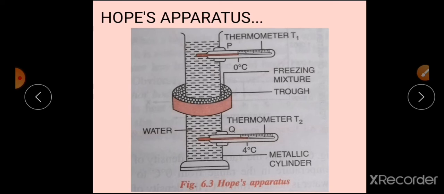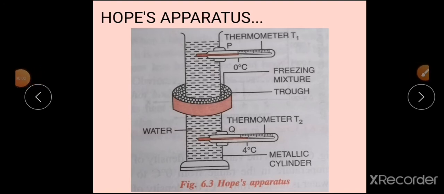Now what you are going to do as your procedure is that nothing you are going to do, you will take regular time interval and you will be noting down the temperature reading in the thermometer T1 and T2 separately. Okay, this you will be doing it for a long time. Make sure you take the readings in equal intervals of time. If you are going to note down the temperature in every 5 minutes, continuously you take the reading for 5 minutes, or if it is going to be for 10 minutes, you will be taking the readings of T1 and T2 continuously for 10 minutes only. So that is what is your experimental procedure.